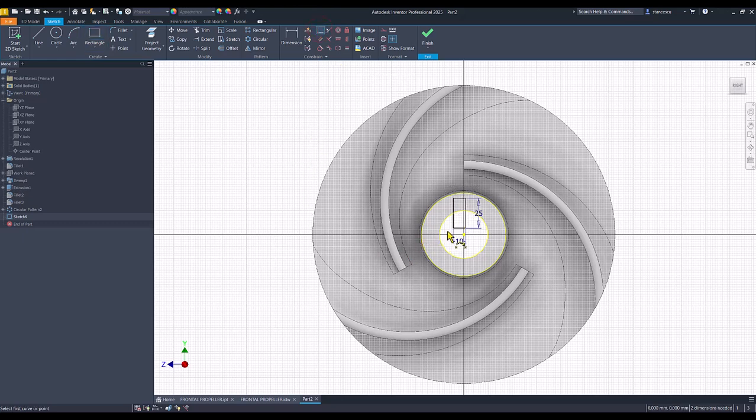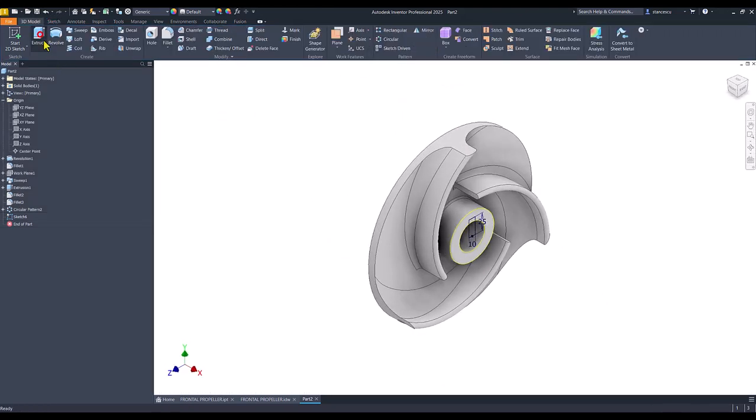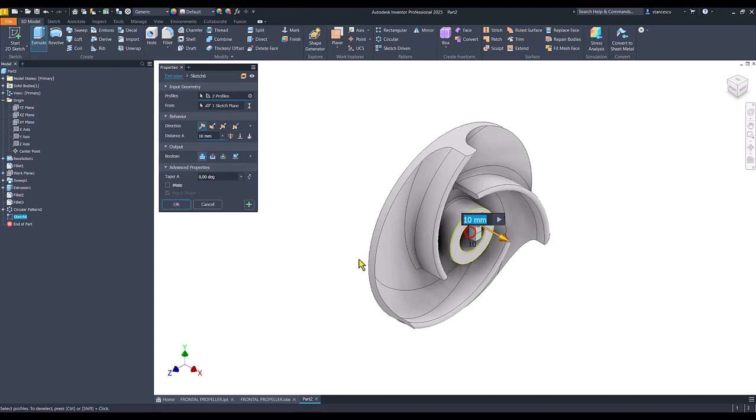We place this midpoint over the center point, finish sketch, extrude with cut all the way. Okay,